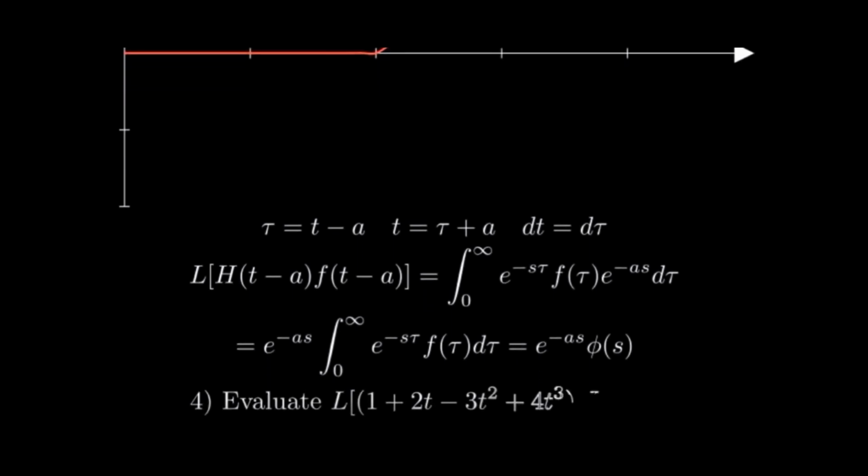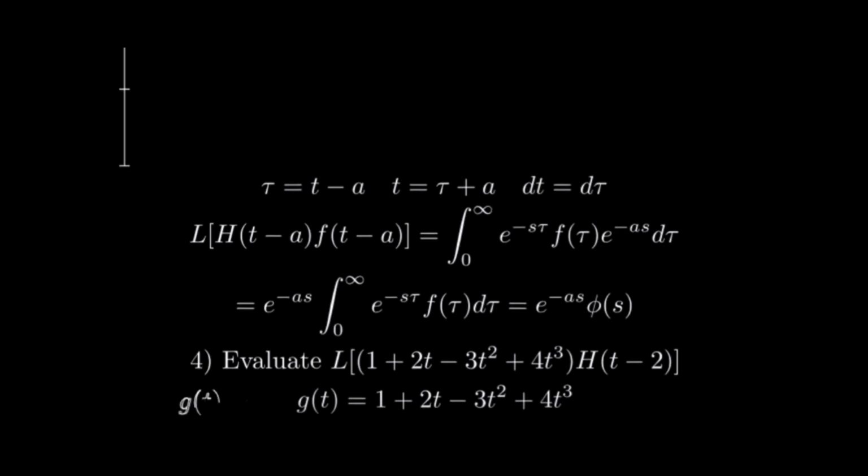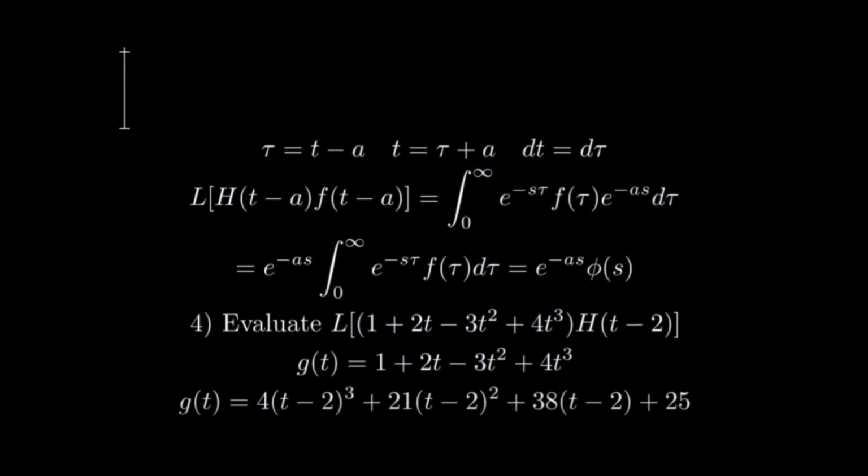For our fourth problem, we need to evaluate the Laplace transform of a polynomial times a shifted step function. Let's break this down step by step. First, we need to express our polynomial in terms of t minus 2. After expanding and collecting terms, we get 4(t-2)^3 plus 21(t-2)^2 plus 38(t-2) plus